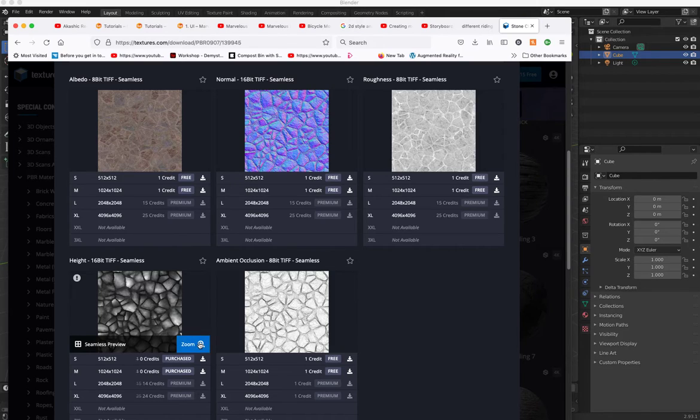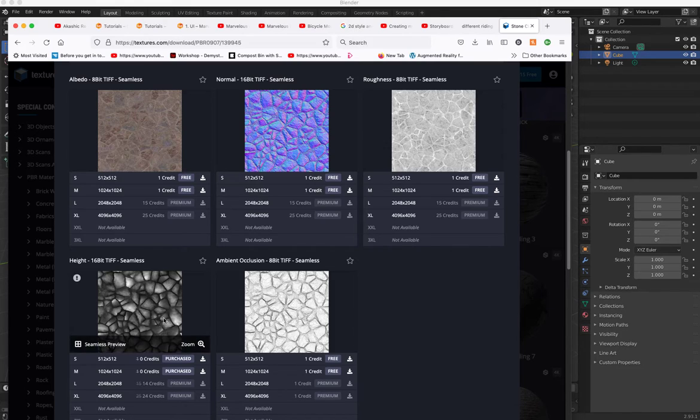Here is the height map. I'm not going to cover too much, but I'm going to show you how it works. The height map is used for displacement. So we get our object and apply the displacement texture. In this case, for displacement, you need to increase your geometry. I'll show you how it works, but we're going to be really focusing on the normal maps for games. The displacement map can be very useful, but you have to be careful when using it,